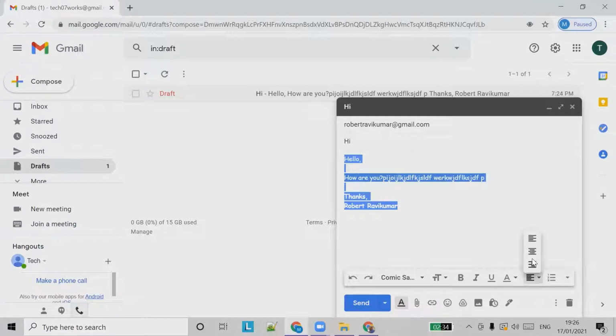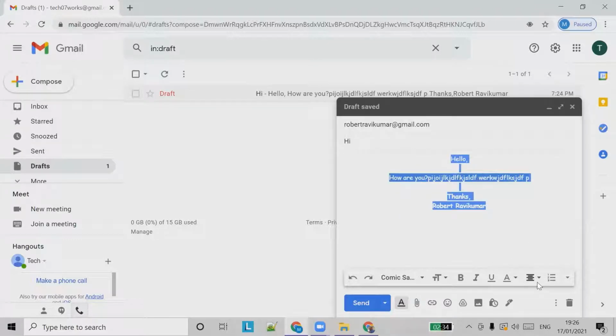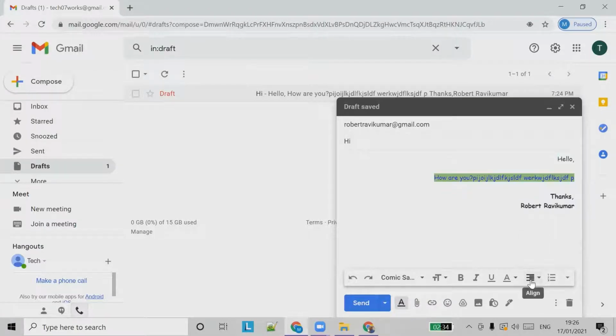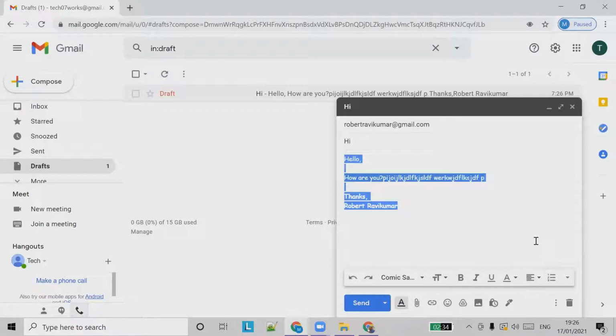And again, we have indents: left indent, centered, and right indent. Sorry, alignment. These are called alignments, right? It's all similar to the things we learned in Word and other stuff. Alignment is how you align all those things. We usually use the left alignment, and we'll switch back to left alignment.